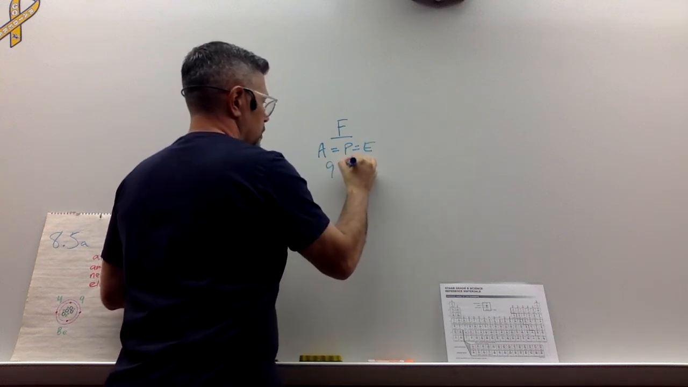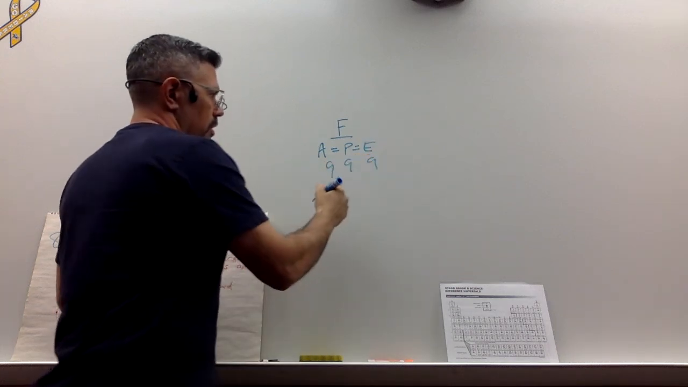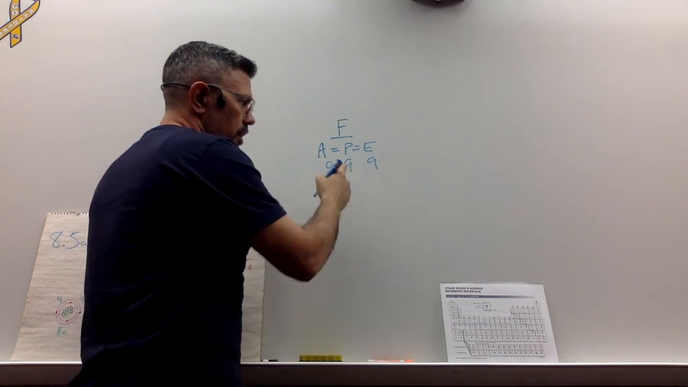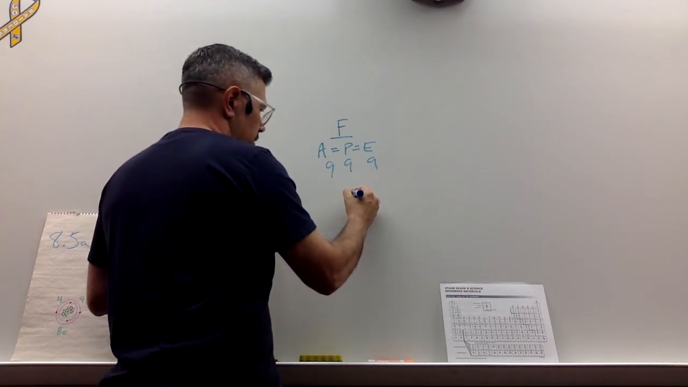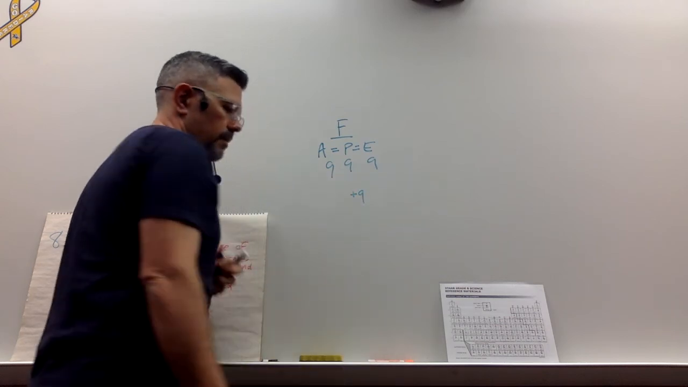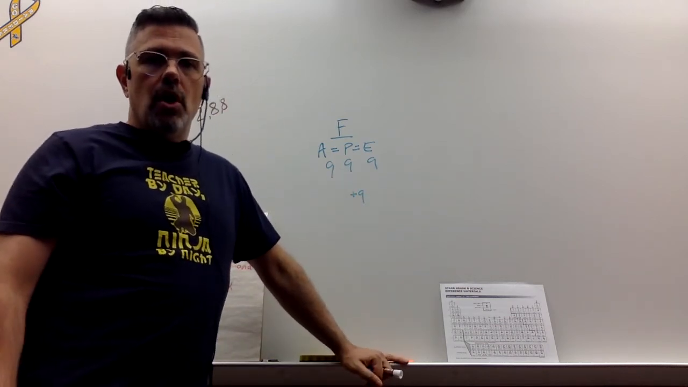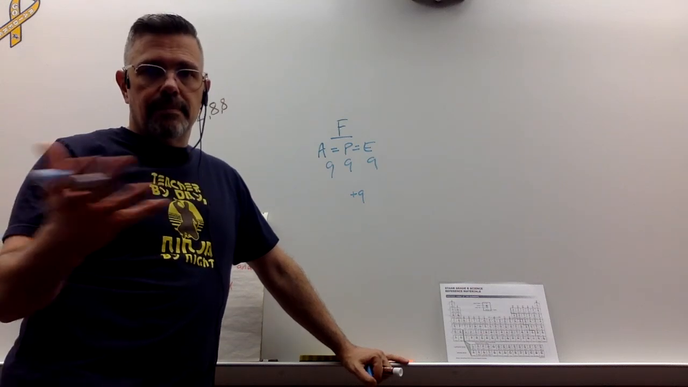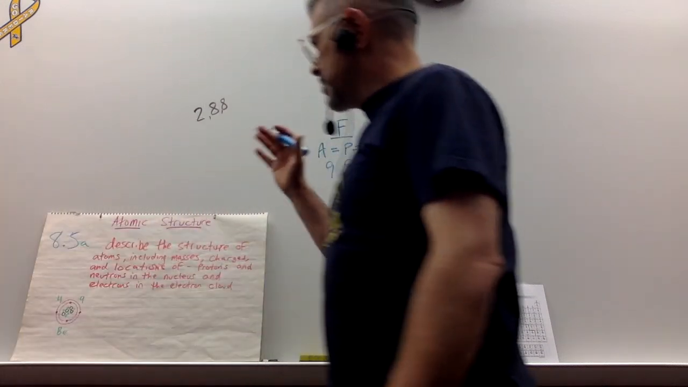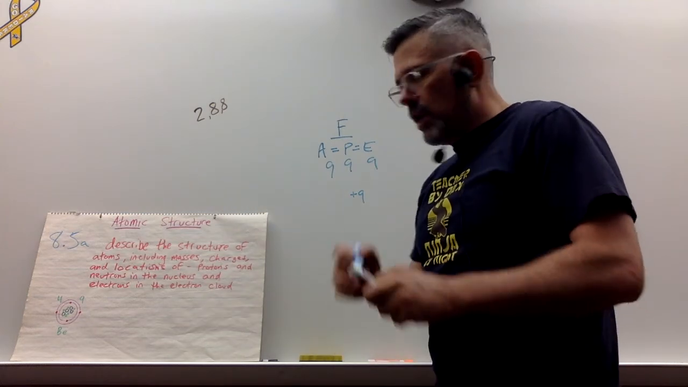So, to finalize that, fluorine, F, the atomic number is 9. Okay? So it has 9 protons. The charge of the nucleus of fluorine is plus 9. Positive 9. All charges of nucleus are positive. And that is it, my friends. And that wraps up 8.5a review and